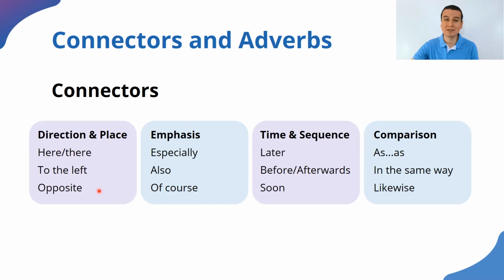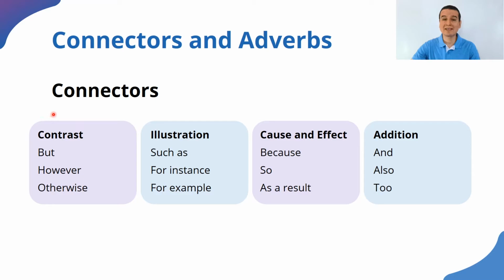that is being described. In the same way, you can have some connectors that provide information about time and sequence, when something happened, or they can connect ideas to provide, for example, information about comparisons that are taking place. Look at the chart that I have here for you, and you will have an idea about some connectors. And if you want to pause the video, examine the vocabulary, and look at the chart below also with more connectors that can establish relationships between the ideas that they are connecting, and they also help us understand better the